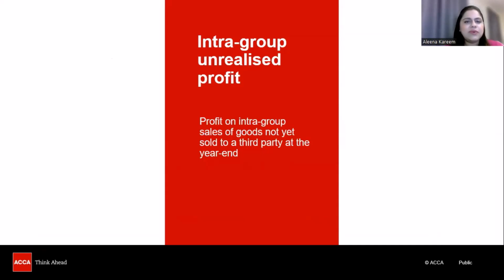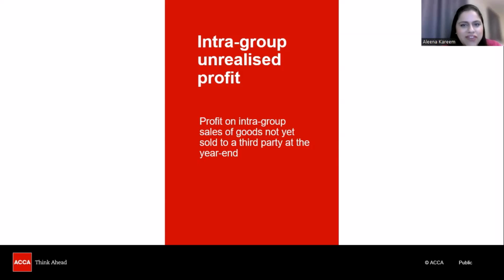Now, something that I said we'll discuss shortly, a very important part: intra-group unrealized profits. When we are talking about parent and associate company, many a time they are involved with each other in terms of trade also. So one aspect is the shareholding, but the other is the operational side also. Parent sells goods to the associate company, the associate sells goods to the parent company. So how do we account for these transactions? Whenever we are accounting for intra-group unrealized profit, there are two things that you need to keep in mind. Number one, it is intra-group